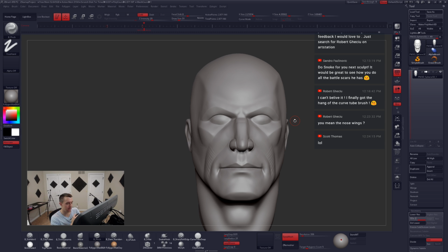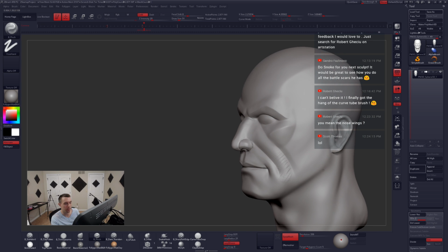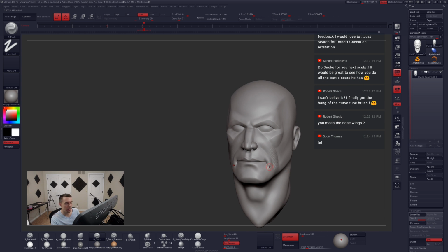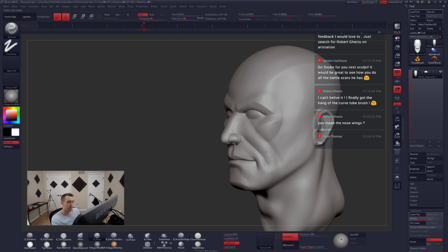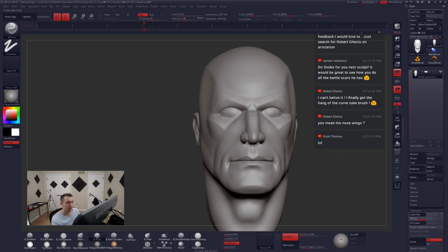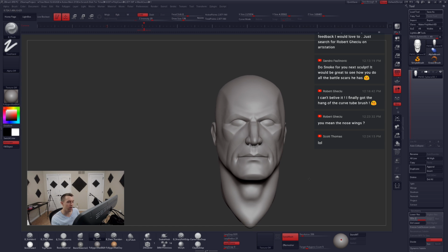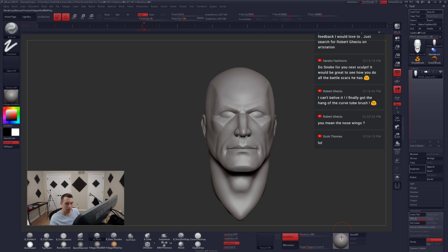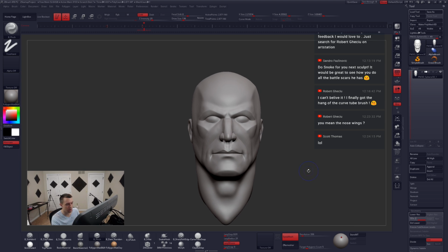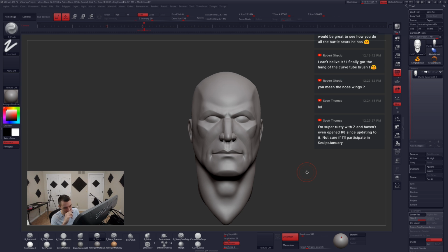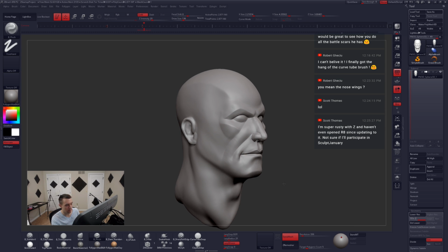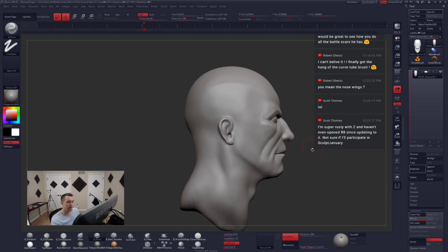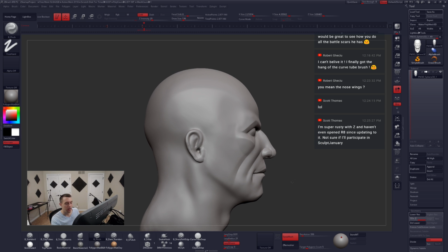Alright guys, let's go from here and ZRemesh our boy and get him cleaned up. I think we've got a lot of good stuff here in the face in terms of form changes and everything else. Having these things exaggerated at this point can also really help ZRemesher, can help the guides of that do a really good job. Something I haven't shown you guys in a long time, it's been a while, is,